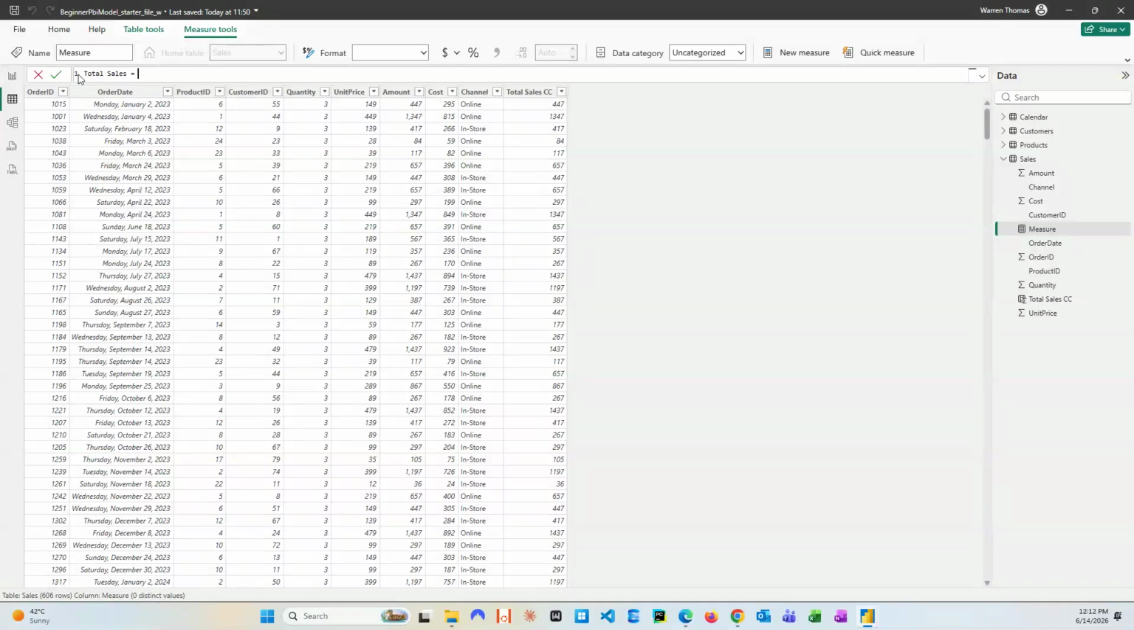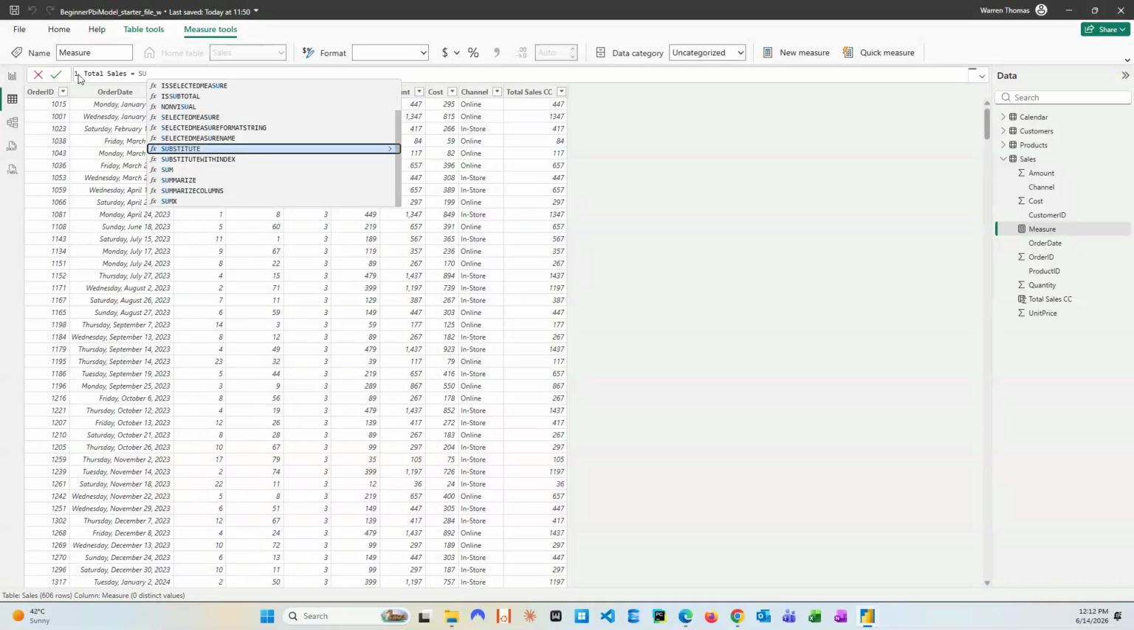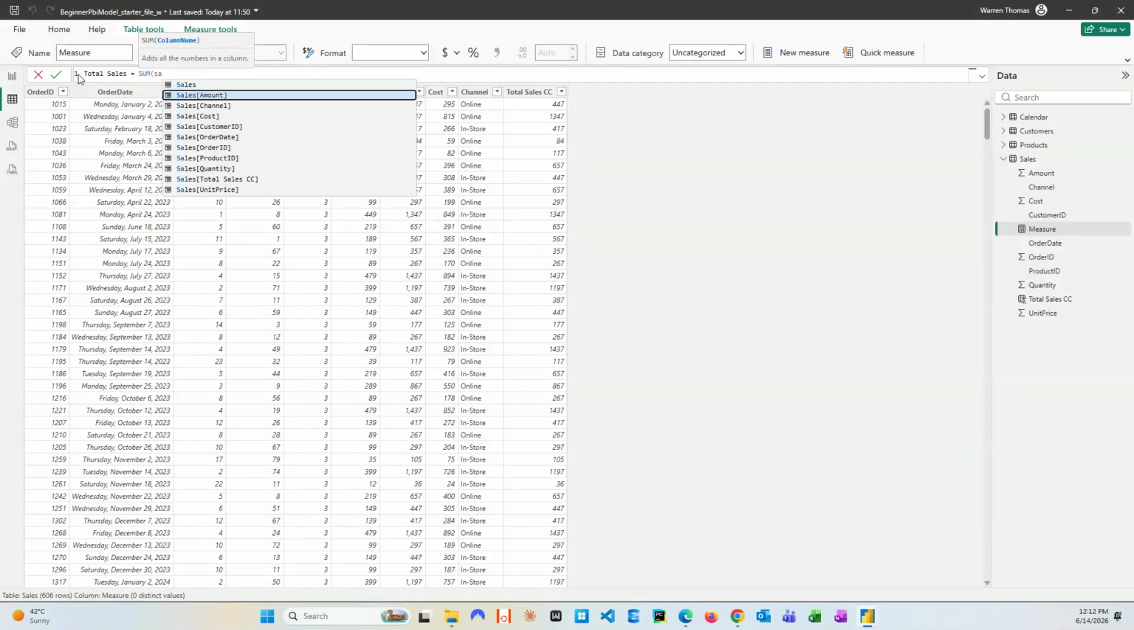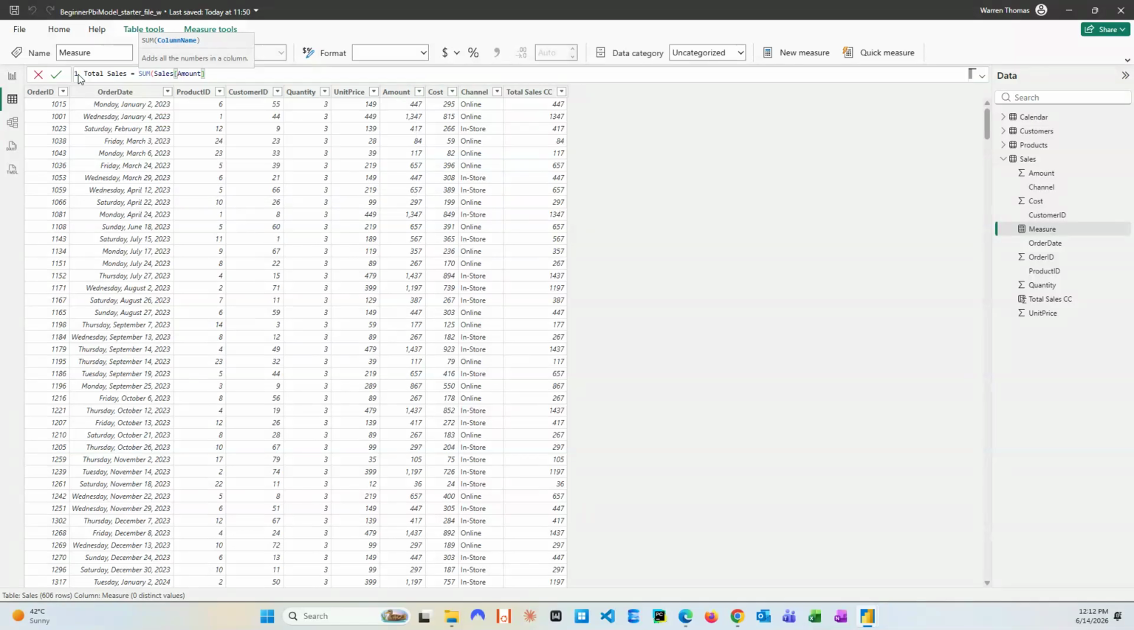And here, for the measure, I can choose sum. Again, it gives us a list of the tables. I'm going to choose the sales table. And for example, in this measure, I'm going to choose sales amount. So what we're saying is we want to sum the sales table on the amount column. If I click enter on that,